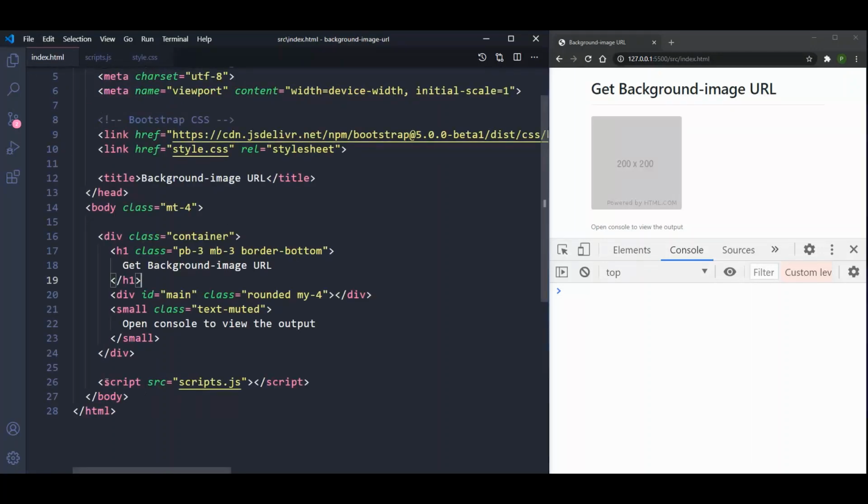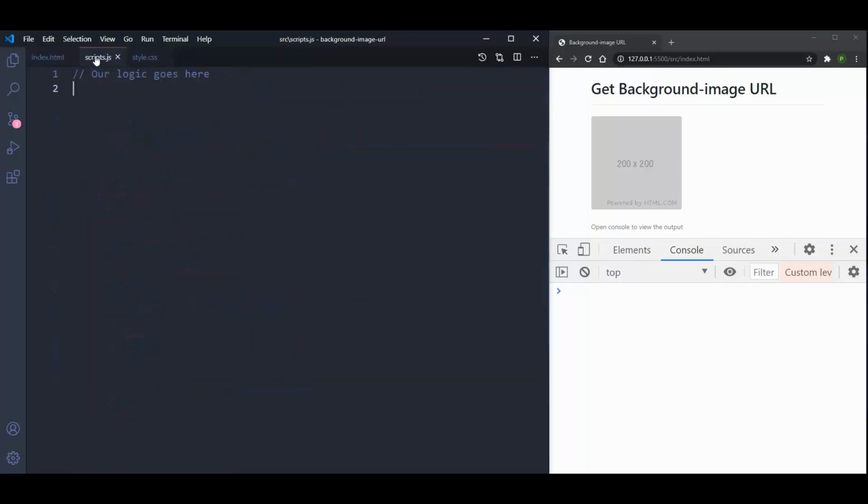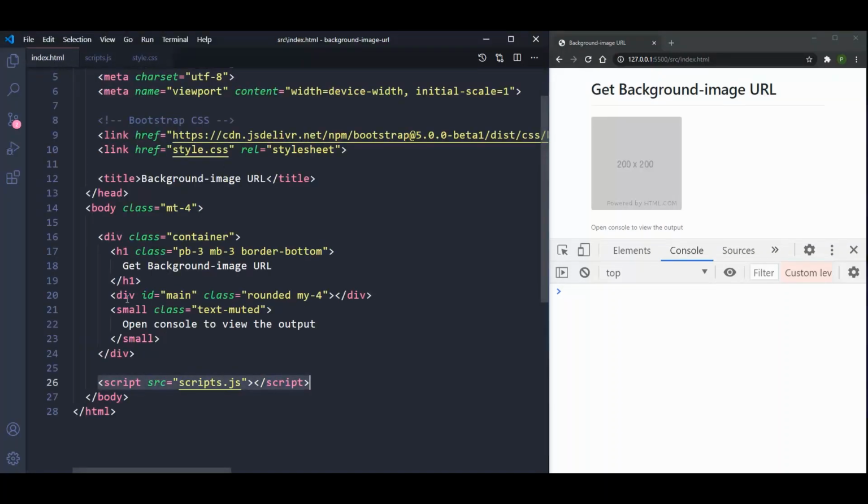So in the end I have also included the script tag, and right now the script.js file is empty, and we will write all our logic here to get the background image URL for this div with id main. Next, in order to open and view this HTML file for the first time, I am using an extension